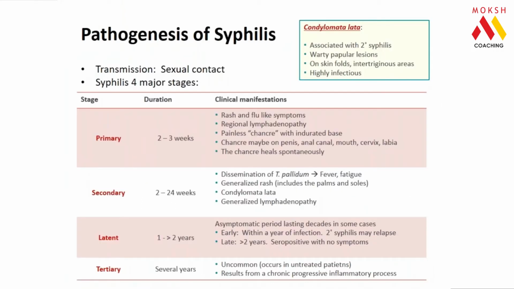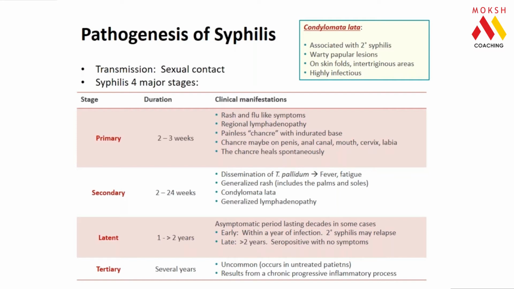How do you get infected? You get infected by sexual contact with a syphilitic lesion, which is a primary chancre, or an ulcer that happens on the shaft or the tip of the penis, or in females, it will appear on the clitoris. What happens at first, within 2 to 3 weeks of the infection, you will get the primary